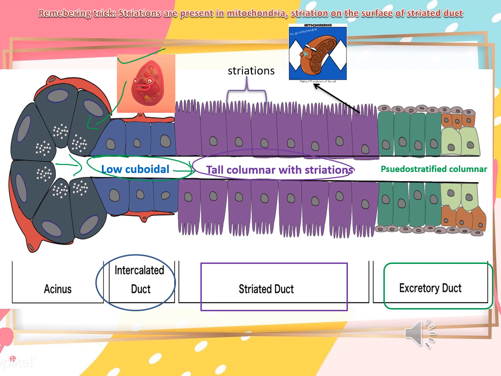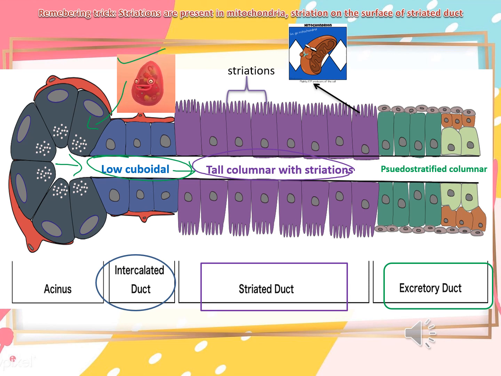And mitochondria, as we know, is the powerhouse of our cell. So wherever an abundant amount of mitochondria is present, there will be an abundant amount of activity also. The sites where mitochondria are present provide a site for reabsorption of various electrolytes. The secretion of saliva is explained in detail in further slides, but now I'll give you a briefing about it. Exchange of sodium, chlorine and other electrolytes takes place at these sites in order to convert the isotonic saliva received from the intercalated duct into a hypotonic saliva. From here onwards, only the hypotonic saliva will be carried forward to the excretory duct and expelled out into the oral cavity.